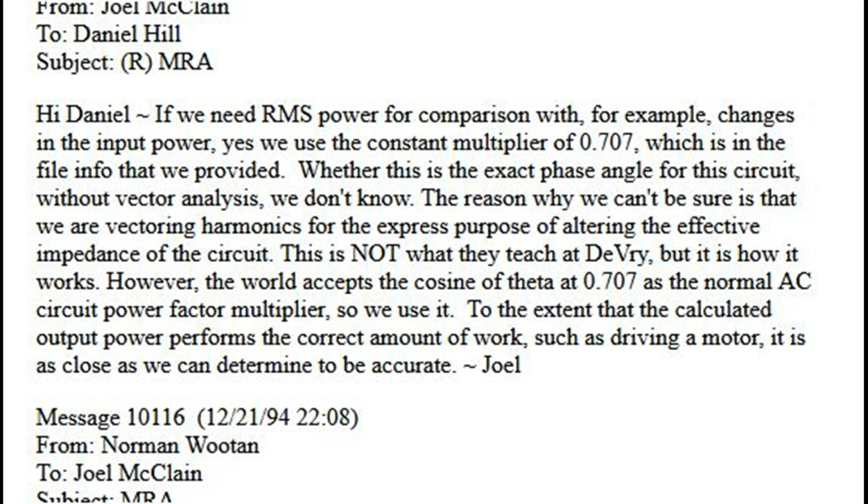However, the world accepts the cosine of theta at 0.707 as the normal AC circuit power factor multiplier, so we use it. To the extent that the calculated output power performs the correct amount of work, such as driving a motor, it is as close as we can determine to be accurate. Joel. Message 10116, December 21,